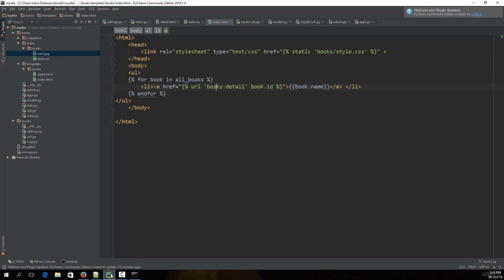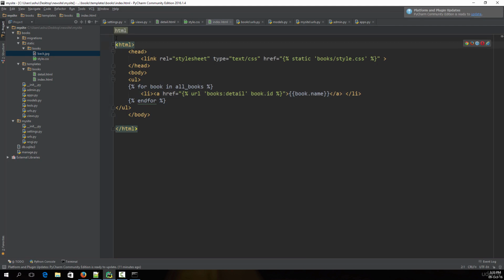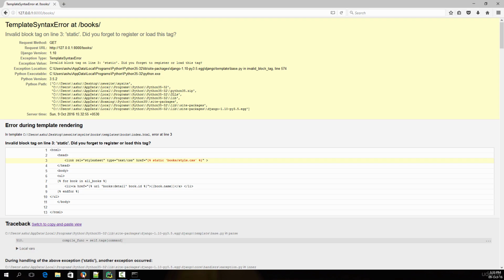So whenever we are using static files in our HTML code, you need to include static files in your code as well. So what you need to do here is that even before the HTML file begins, you need to load the static files. So to load static files, you simply type in load static. Now in this case, if we save the code, return back here and refresh this thing,